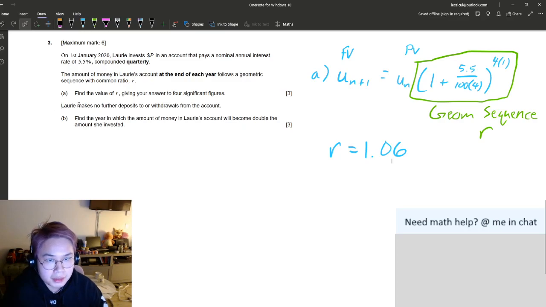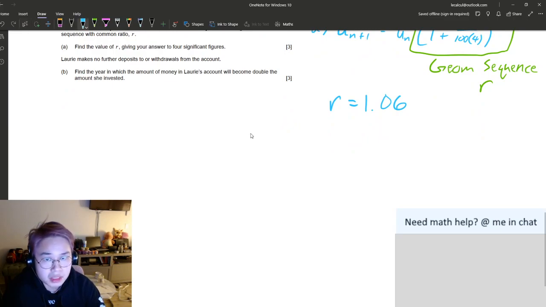Okay, she does not make any more deposits or withdrawals. Find the year in which the amount of money Lori's account will become double the amount she invested. Okay. So essentially, we need 2 times the present value to be equal to the present value